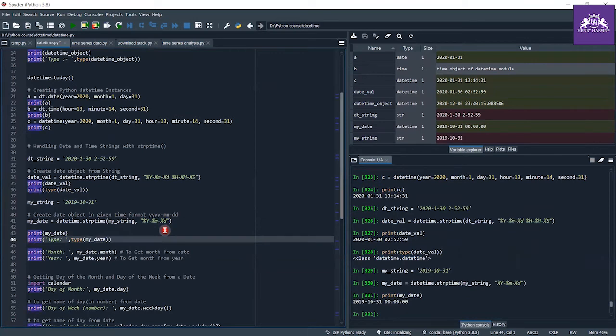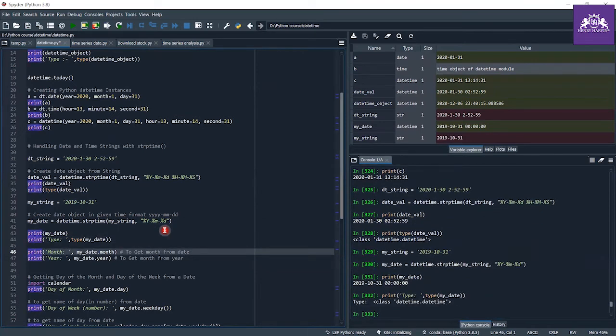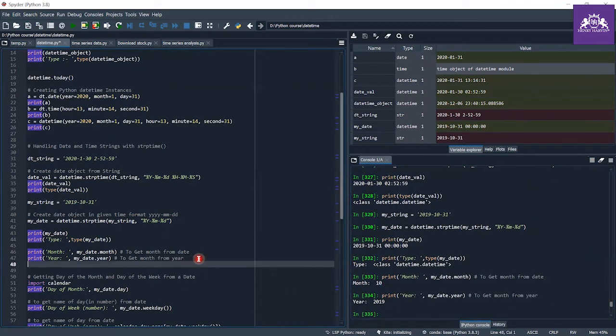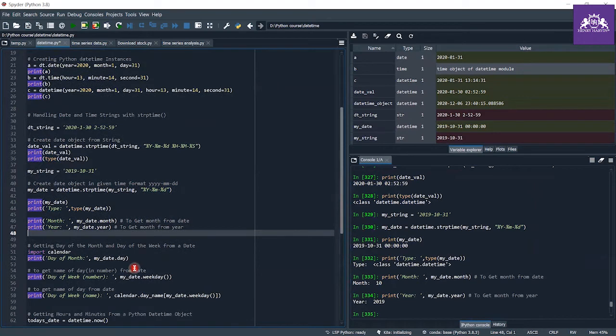You can also see the type is datetime.datetime. If you want to see the month for this variable, as you can see, we get month as 10, which is October. And let's print the year, 2019, and we get it.